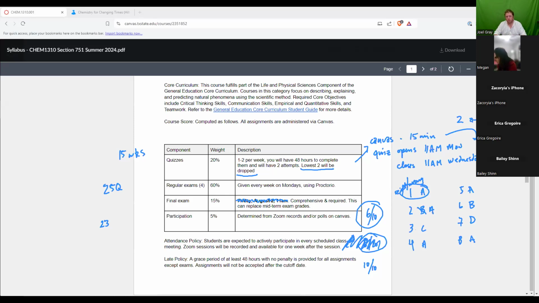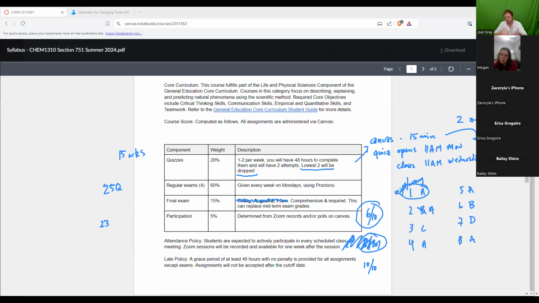So use your PowerPoints. You can rewatch the lectures. I don't think you can rewatch a lecture in 15 minutes, but those quizzes, I just use quizzes because there is a timed function to them. And I set it at 15 minutes just so it's like, okay, focus and get this done in 15 minutes. Now, with that said, in the event that you have accommodations to receive additional time, please contact me and I will, for the quizzes and the exams, absolutely give you that extra time, or that appropriate timing.